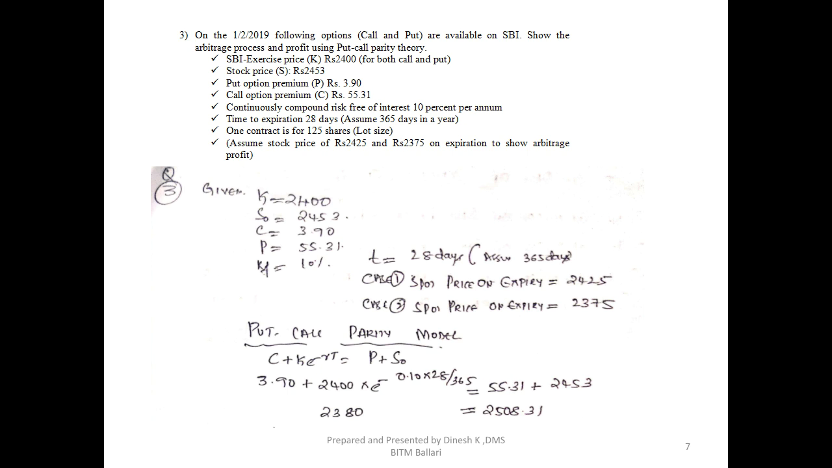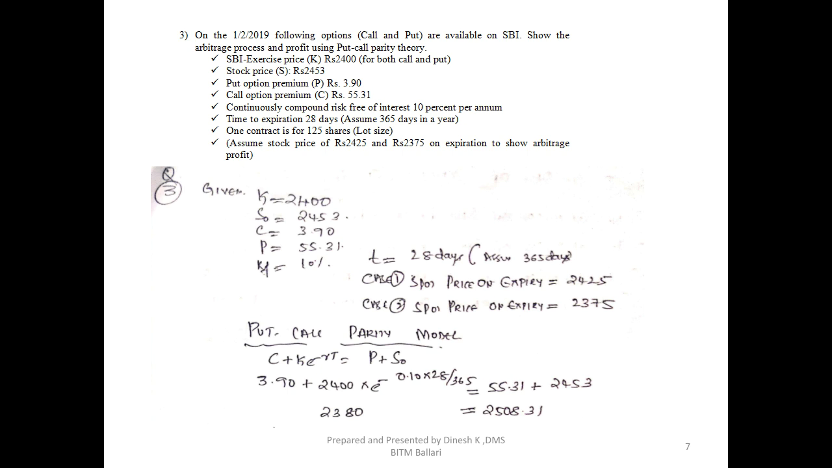And lot size is given. This does not make much difference in the formula, right? It only comes into the picture when you want to calculate arbitrage profit, where we are calculating arbitrage profit for 1 unit. Based on the lot size, we can multiply the arbitrage profit, which will show the arbitrage gain or